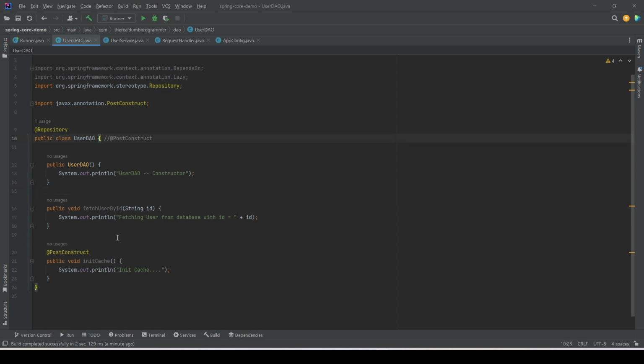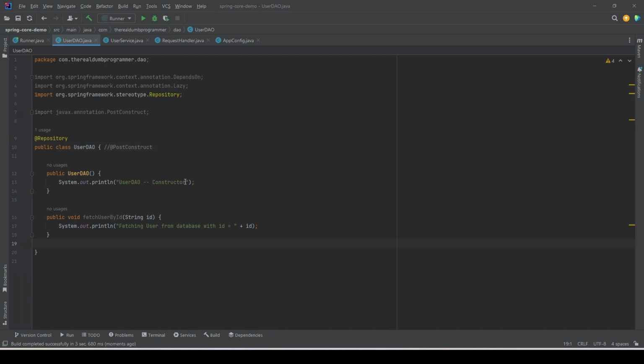Here we have a class UserDAO, UserService and RequestHandler, and all these classes are being initialized by the Spring context at server startup. To track the loading part, I have added a constructor with a single log message, so whenever these classes are initialized, we get the message on the console. All right, now if we run the main program,